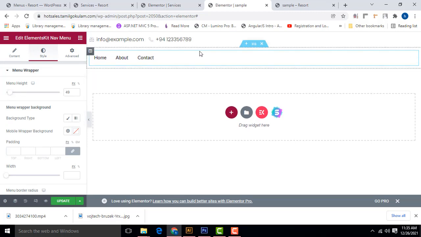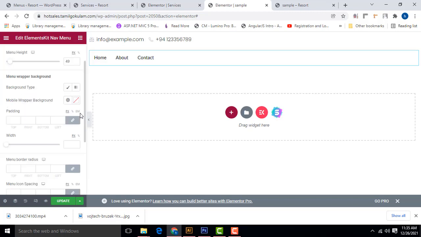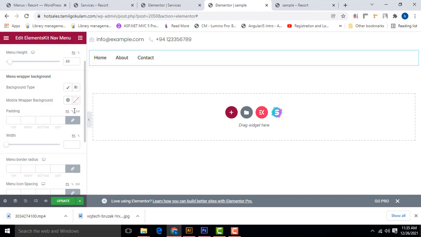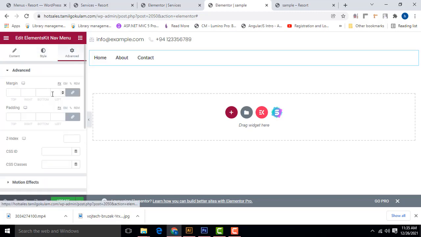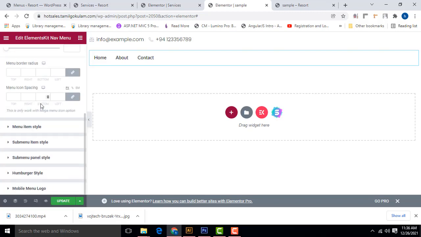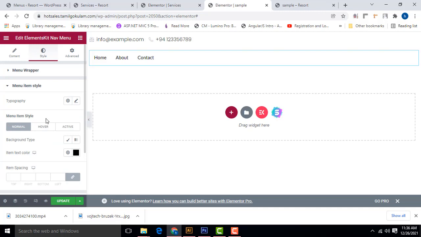If you want to change the colors, you will be able to change the color you need. Here is the color, menu, wrapping, background, all the types are there. Background color, secondary color, all of them are there. You can set the padding, menu styles, background type, background color.